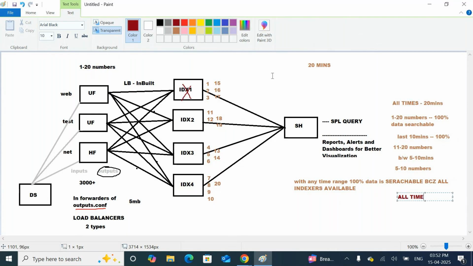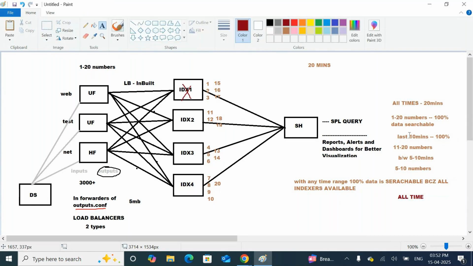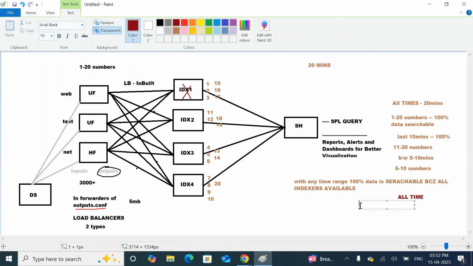Now at the 21st minute, indexer 1 failed. Then the data in that indexer, IDX1, failed, so you cannot search the IDX1 data.